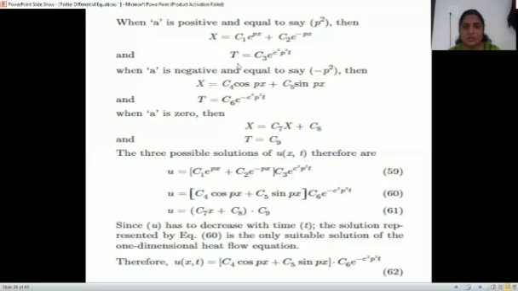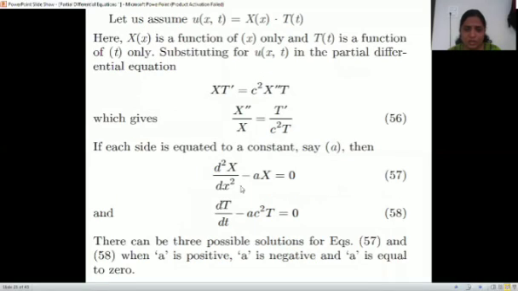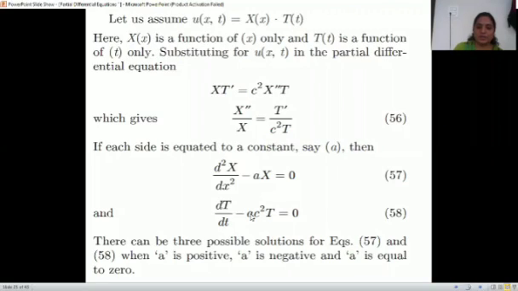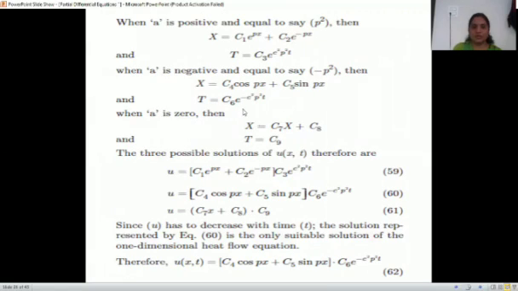In case a is negative, a is minus p square, so we get D square plus p square equal to 0, that is D square is minus p square, that is D is plus minus ip. And in this case we can write the solution c4 cos px plus c5 sin px, we know how to write in case of imaginary. And if it is minus p square, this is plus, and shifting there D will be minus, so simply minus will go to the e power with t, and this will be the solution if a is negative.